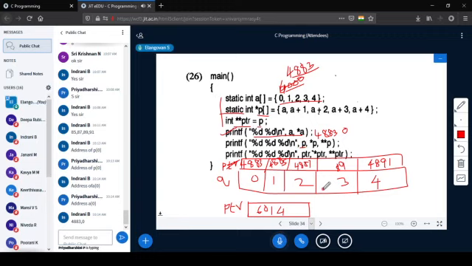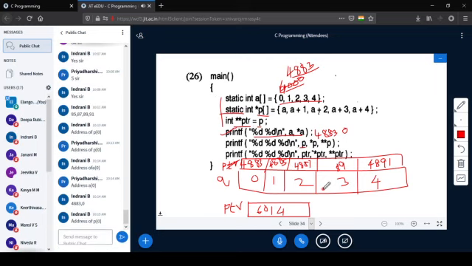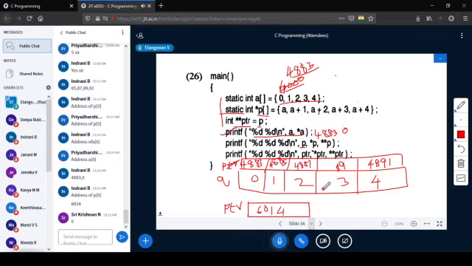Again, how can it be expanded? Address of P of 0 means, so what will get printed there as far as the second statement?